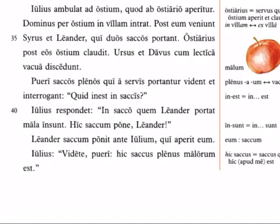And in Latin, since sacus is a masculine word, you've got to say eum, and here it's going to mean it, because we don't call a sack a him, right? So the gender of the pronoun refers to the gender of the Latin word, not the gender that we think of in English. Just a thing to watch out for. Then Julius says, Videte puri, see boys,